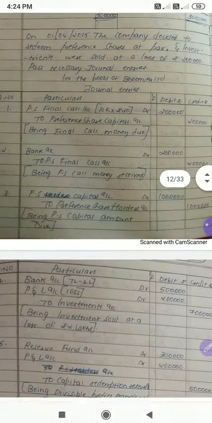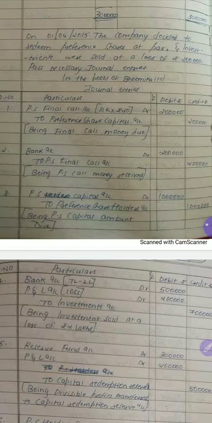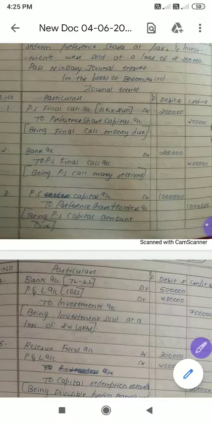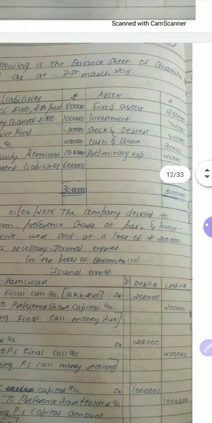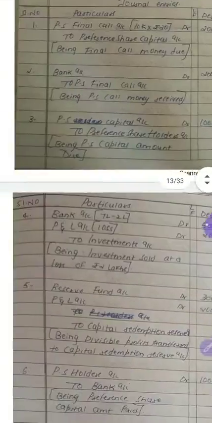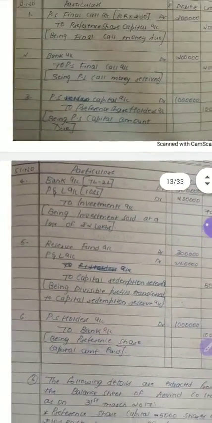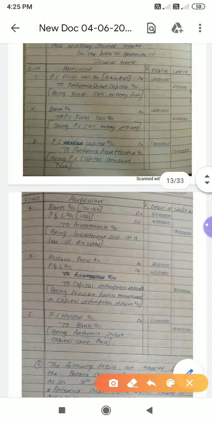And the next one we have. See, here the company is not issuing any shares, it is utilizing all its profits, I mean reserve funds, and also it is selling investment at a loss of 2 lakh. Now instead of issuing equity shares, they are selling investment. When you sell an asset, in return the company will receive an amount. So what should the journal entry be? Bank account. And look here, the total investment value is 7 lakh. 7 lakh will be sold at a loss of 2 lakh. So that means bank account, they are going to receive 5 lakh.